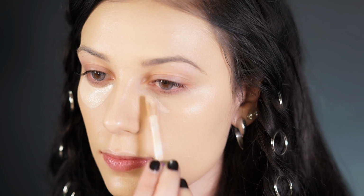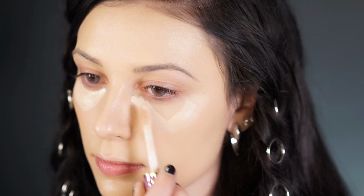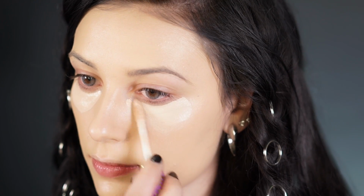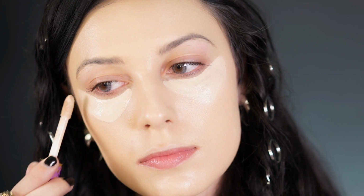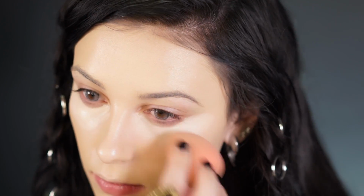To conceal and highlight, I'm going to be using Tarte Shape Tape Concealer in Light, and I'm going to first conceal under my eyes, and to do this, I just like to draw two little triangles about medium in size, pointing downward. To blend out, I like to use my pink beauty blender and go right in,